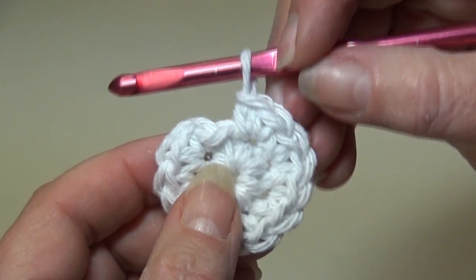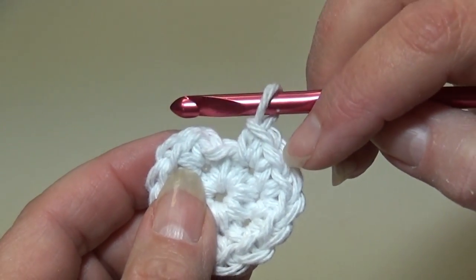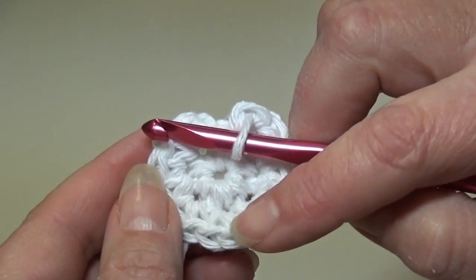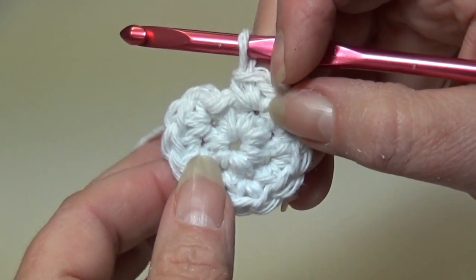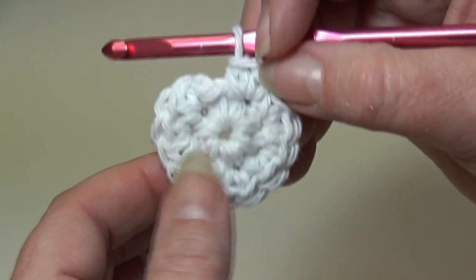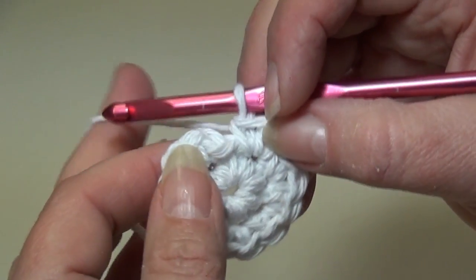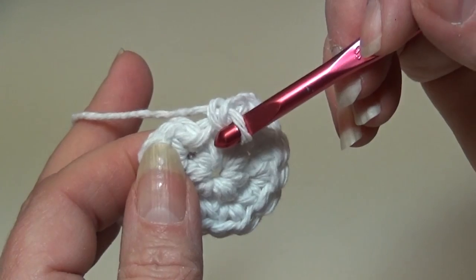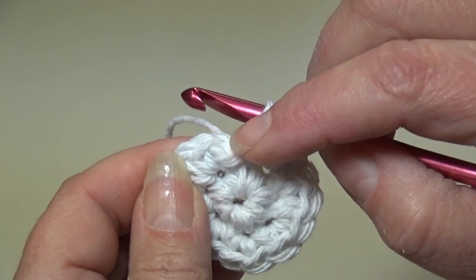So double count your stitches. Start with the last stitch worked, count around. There's 2, 4, 6, 8, 10, 12, and 14. If you have more than 14 stitches, then rip it out and redo round 2 until you have 14 single crochet around. You're going to skip this joining bar, you're going to skip this chain 1 space right here, and